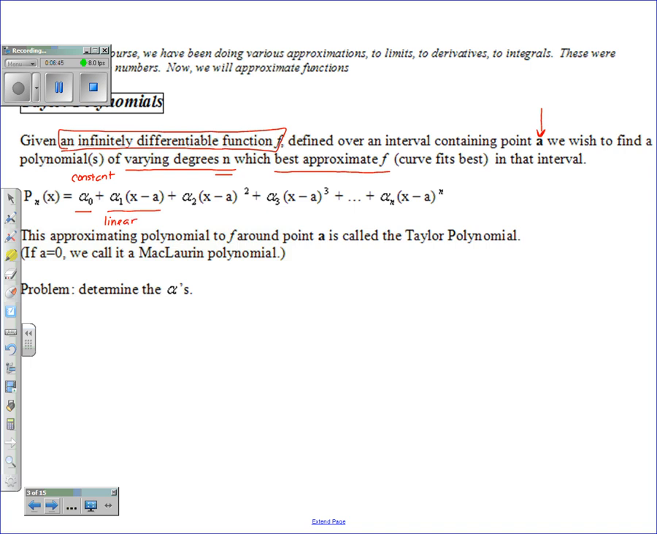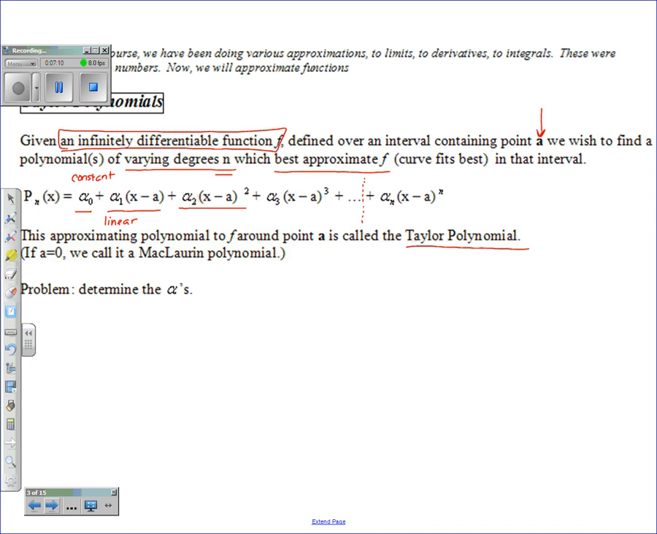Plus alpha sub 2 times (x minus a) quantity squared. The polynomial is written backwards, of course, because who knows where we're going to end it. All the way up to alpha sub n times (x minus a) to the n. Okay, this approximating polynomial is actually called the Taylor polynomial of degree n. Okay, of degree n. So we stop that